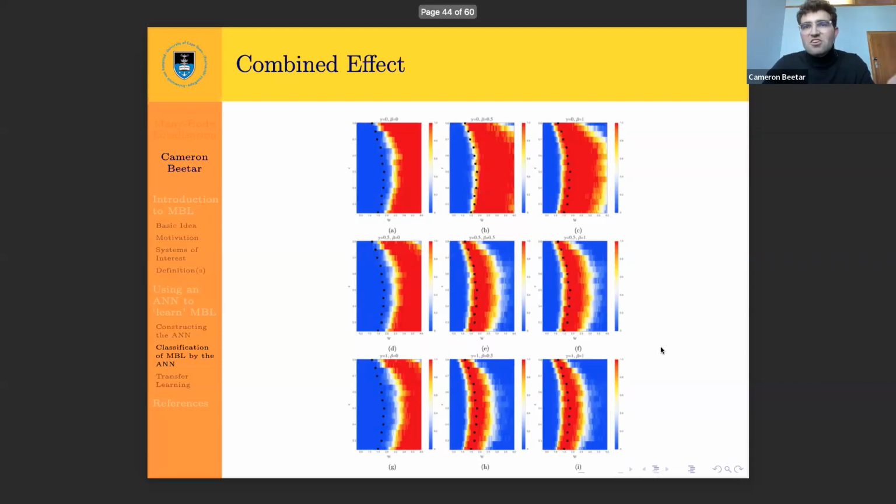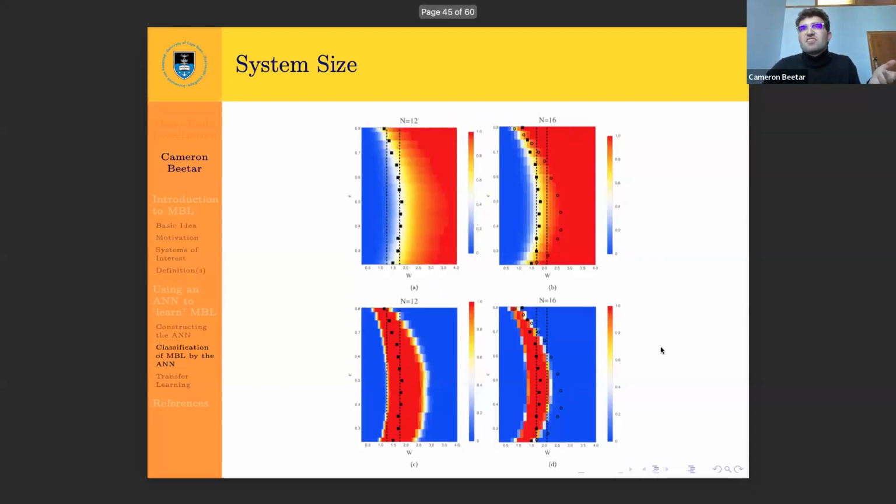Okay, so we're quite confident the network has learned something about many-body localization and the classification of entanglement spectra. Now we can ask: is our network predicting anything different about system sizes or where the transition region is? And the answer is no. Both of these model the data very well. A key difference seems to be that when you increase the system size, you are reducing the width of that uncertainty region.